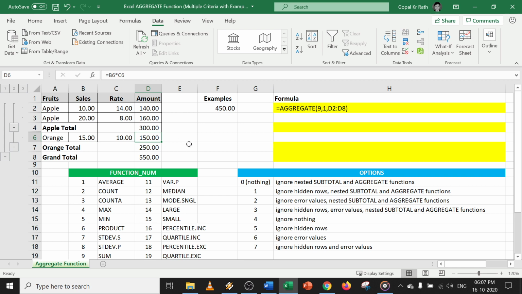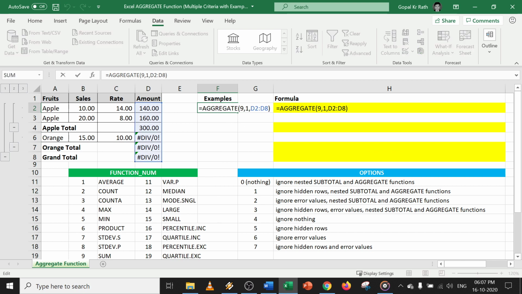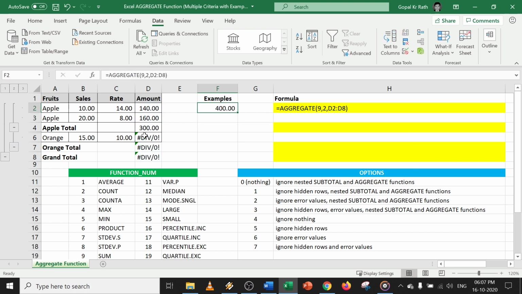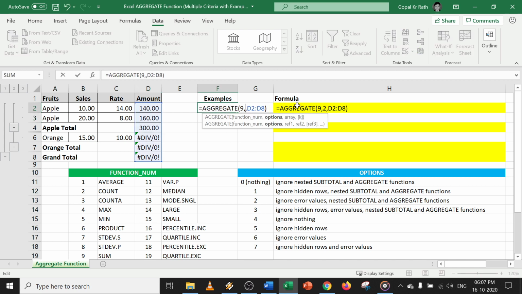For example, you have an error here, so you will get an error message. If you want to ignore error values, then use the option as 2. And if you want to ignore errors as well as hidden rows, then you have to use number 3, so that I get a total of only 300. In that case you can use number 3.